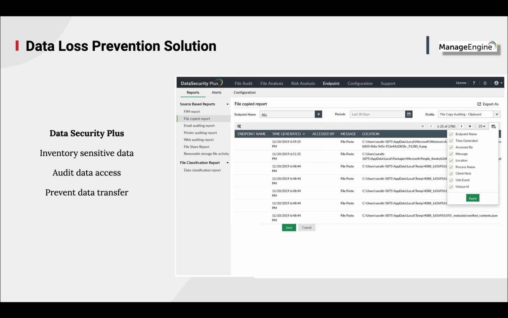With Data Security Plus, you can discover and classify data, delete or quarantine files, or stop USB data transfers. Spot instances of anomalies in user behavior and stop files from being exfiltrated via external storage devices or via email, Outlook, or web access.